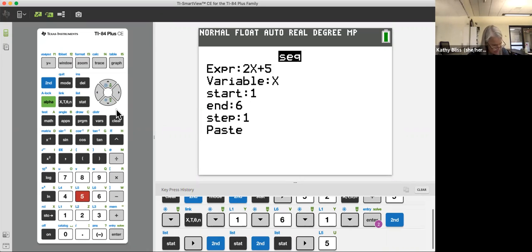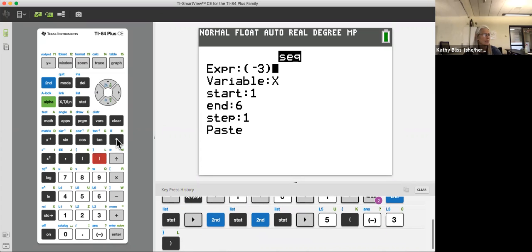It is -3 raised to the x minus 1. So use parentheses and make sure you use that minus sign: -3 in parentheses, then the up arrow to the power, again in parentheses, x minus 1,